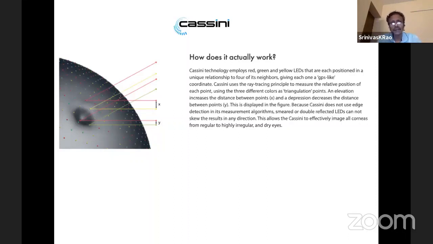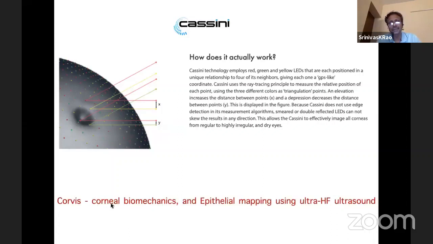Some of the recent developments are to use the Corvis, which gives you the corneal biomechanics. And again, Ambrosio has come up with what he calls the TBI, or the tomographic biomechanical index. What it does basically is combine data from the Pentacam, looking at all of the parameters we just saw, from the corneal thickness, the corneal curvature, power, and so on and so forth. And it also looks at the corneal hysteresis and the corneal shape deformation data from the Corvis. You put both of these together in the computer algorithm, you come up with a composite index, and this is